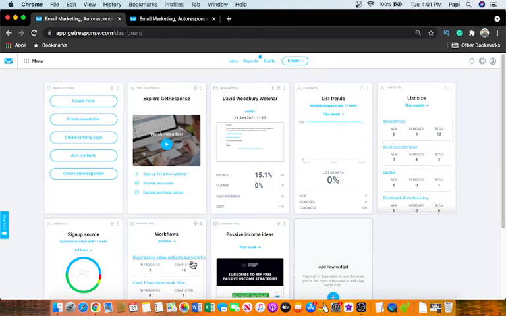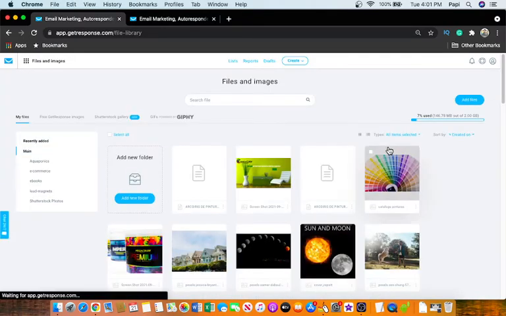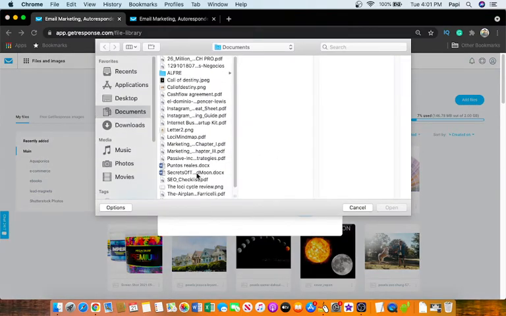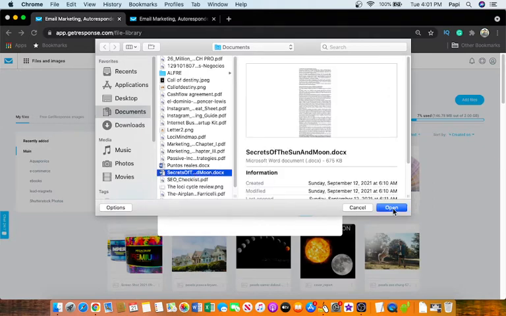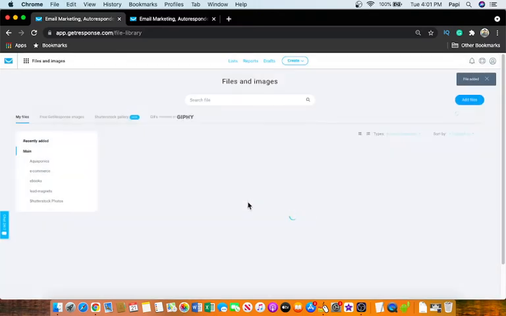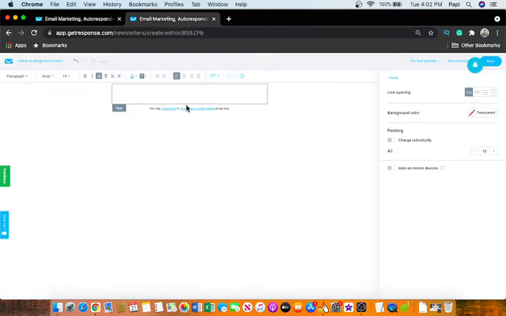The first step is that you need to go to Files and Images. You need to click here, and then click here in add files, because you need to upload your file to the GetResponse server first. So we're going to add this, and then you need to click on these three dots and copy the URL. And then when you are writing your letter or newsletter,